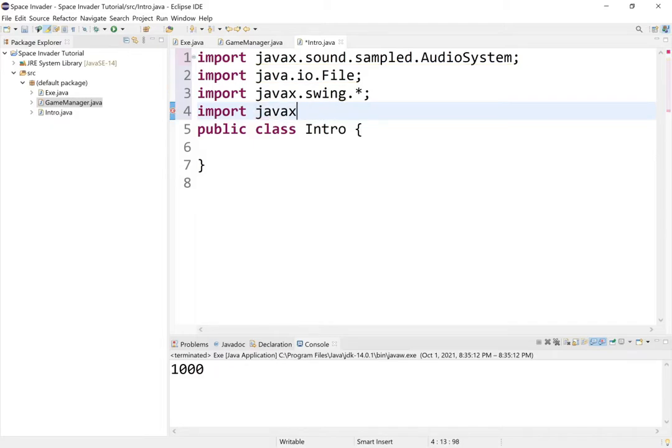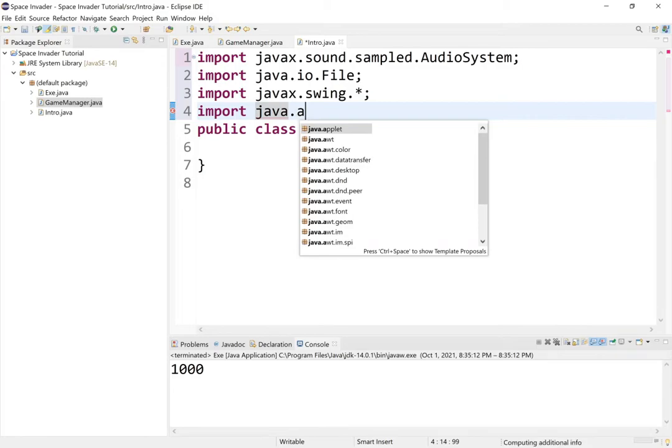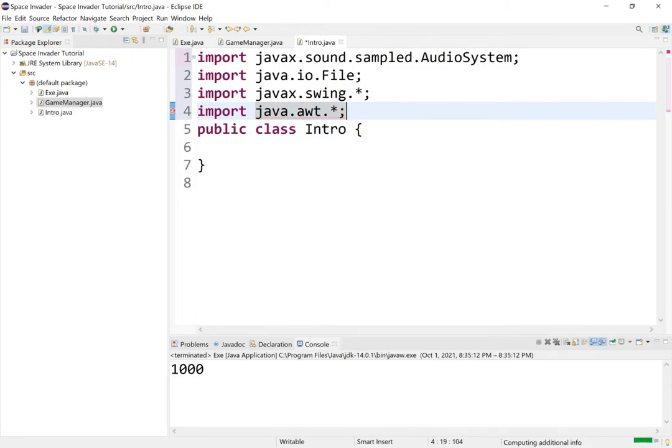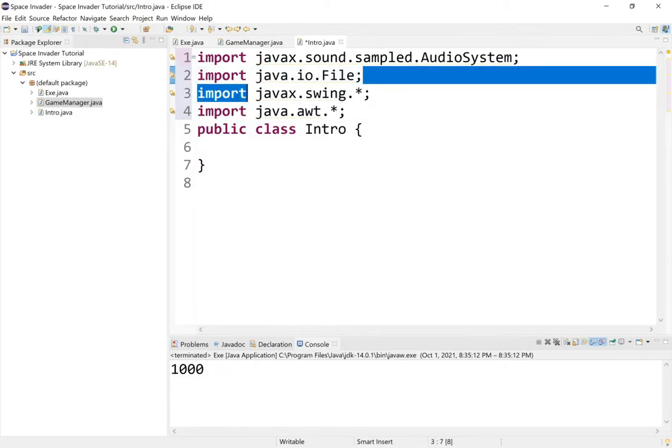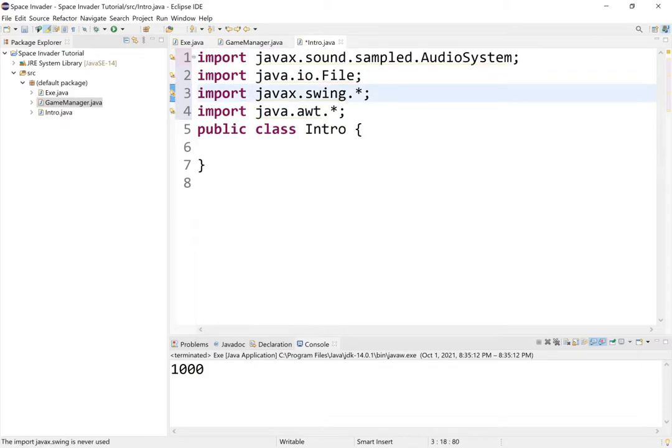Right, sorry, it's not javax, it's java.awt. I was wondering why it wasn't coming up. Okay, dot star means you're importing everything from this AWT package. AWT and Swing would be used to display windows and paint items, and the file and audio system would be used to essentially